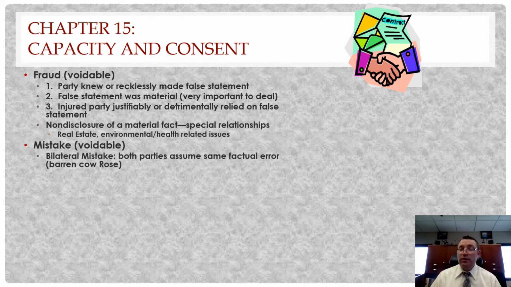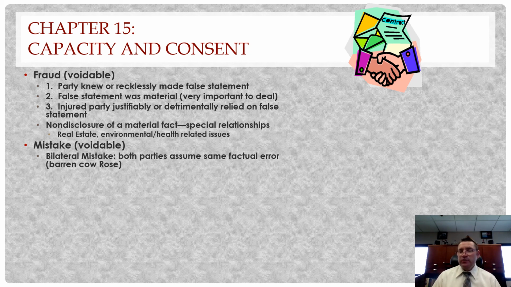So the farmer sold to another farmer who also believed it was a barren cow, and so the deal was significantly less than if Rose was able to produce offspring. And then it turns out a year later, sure enough, Rose is able to have offspring, not a barren cow. So in that situation, the farmer who sold the cow in the first place comes back and says, wait a second, you either need to compensate me because she actually can, or I'm going to void that and take Rose back, right? That's the type of situation that was a bilateral mistake. Both of us thought one thing, and it turned out neither was true.